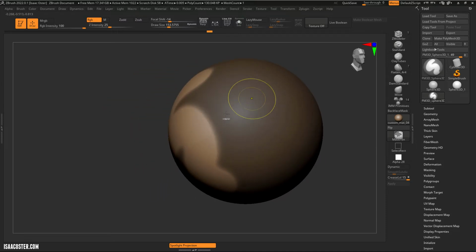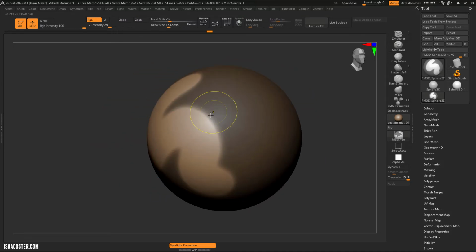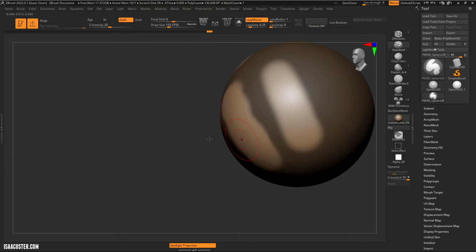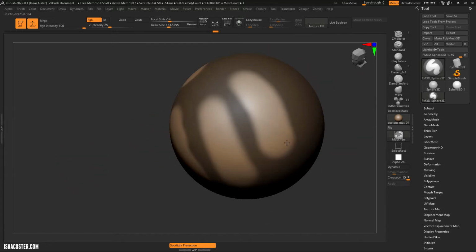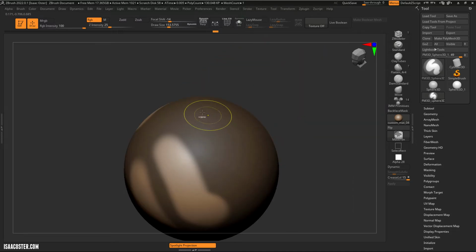So if I hold Control, I'm obviously going to be adding mask, right? But if I hold Control and Alt, you can see that little plus becomes a minus next to mask, and now I can paint out the mask. So Control and Alt will allow you to paint out the mask if you want, and then you can do